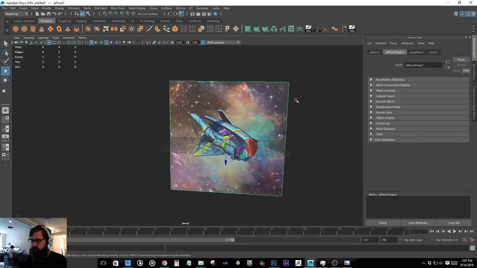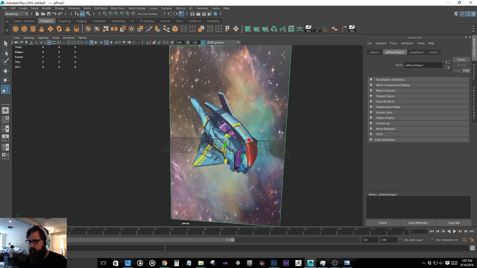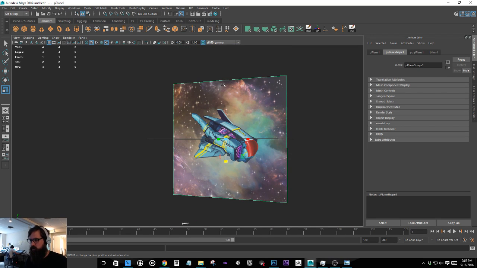So what I mean by the stretching is, if I scale this up or down, you can see the whole texture kind of scales with it. So if this image was not a perfect 1:1 ratio, it would get kind of squashed in there. So let's see,